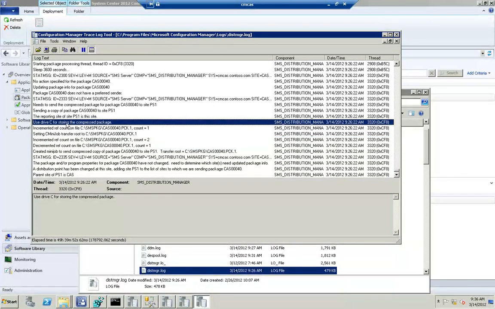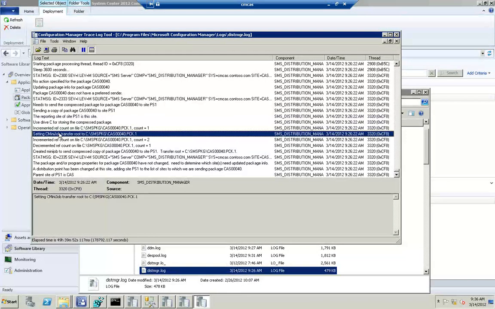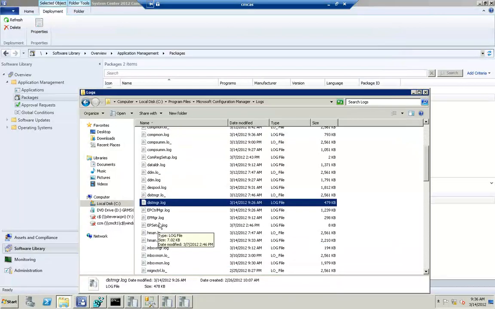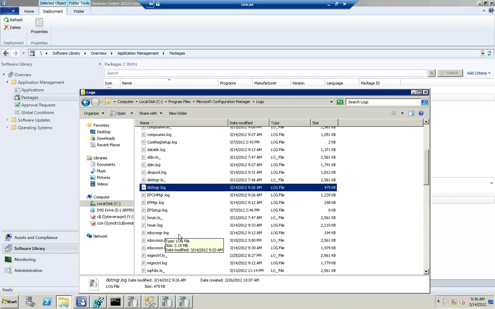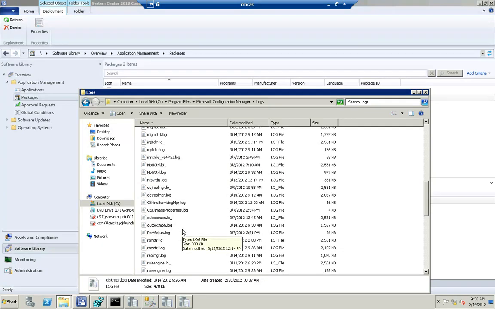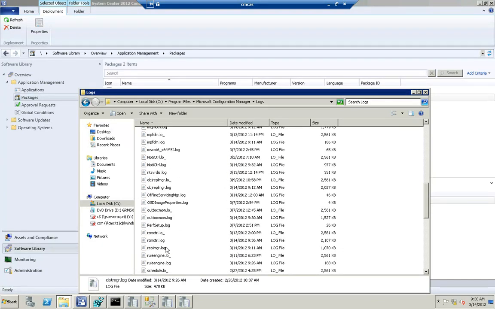Okay, and then after we're done compressing, we create what's called a mini job to cause that content to be sent to our child site. So from here what happens is this mini job is actually placed into a component called Replication Manager. Let's follow the timestamp, 9:26. So if we look at the Replication Manager log, there's a lot more we could look at in terms of file systems and different things, which we won't do today. But if we look in the Replication Manager log here at 9:26,